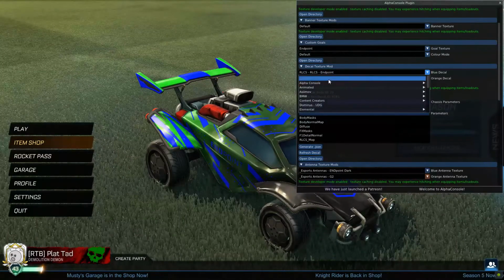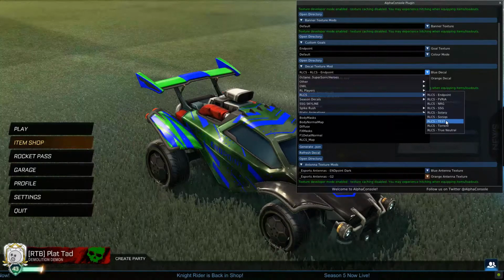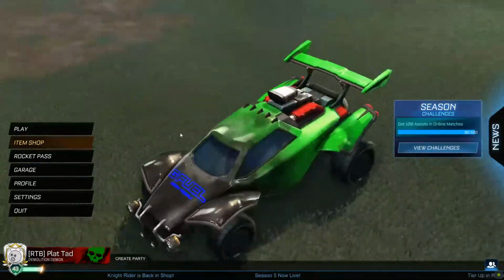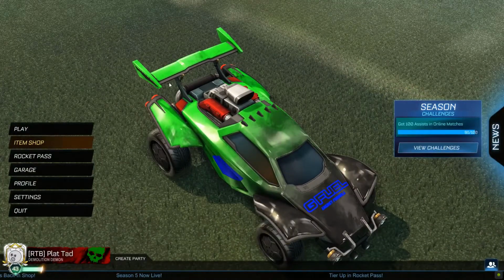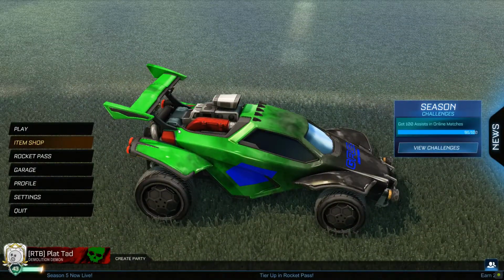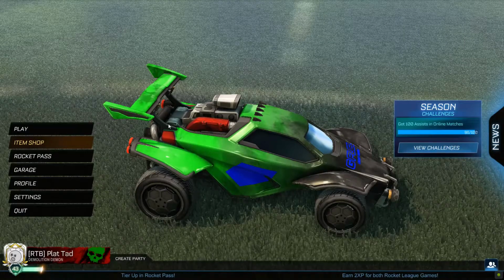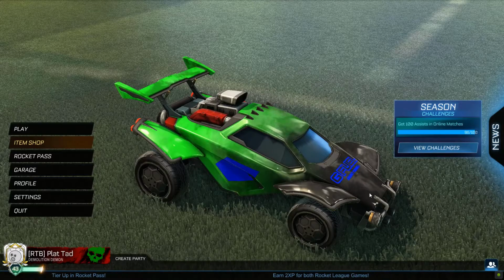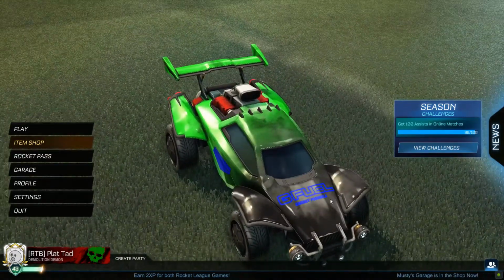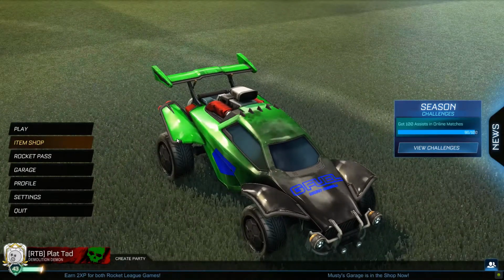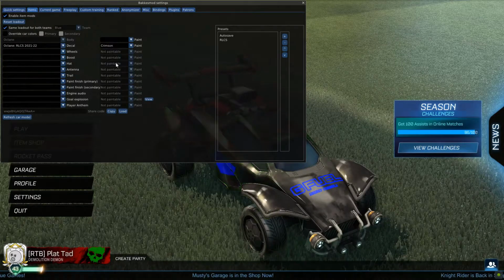And now if I equip this RLCS test, this is what we have. We now have our back all nice and green, but what we did was paint it yellow. The front is red. We got this dirty great hole that we cut out, and the G Fuel that we cut out. So if I was to now equip, let's say crimson,